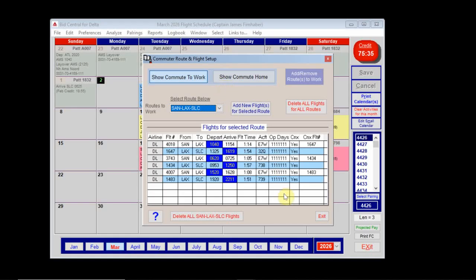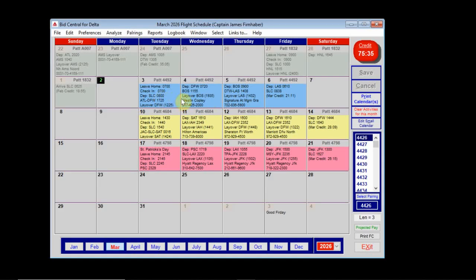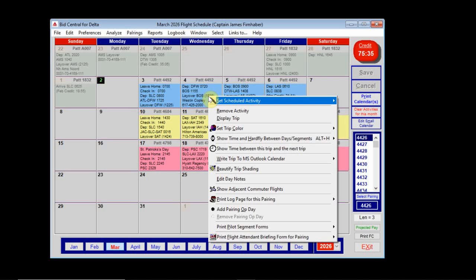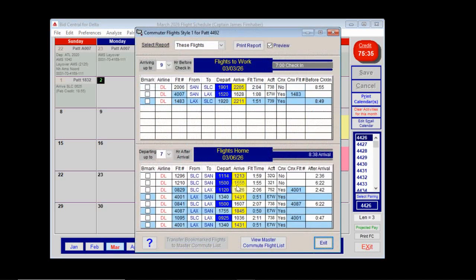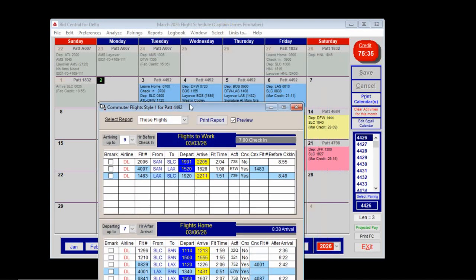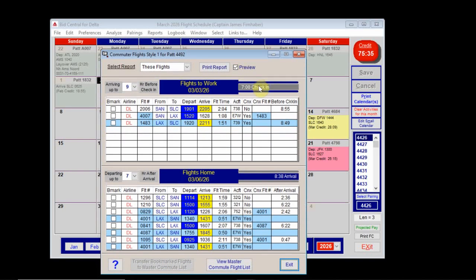Now comes the fun part, adding the flights from our trips. So these are the trips I have on my flight calendar schedule for this month, arbitrary trips. And I'm going to right click over any day on a trip. So we'll start with the first trip. I'll right click over it, click Show Adjacent Commuter Flights. And because this first flight during check-in time is 7 a.m., there are no flights the same day that connect. So a flight the previous day was selected, and this flight gets in at